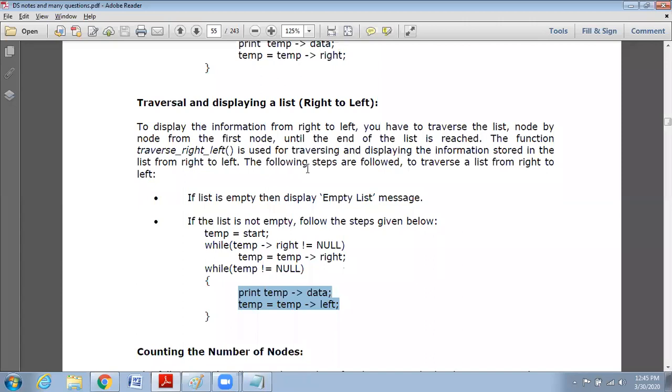When inserting at the beginning, you do 2 changes. Whereas for insertion at the end, you also do 2 changes. But if you want to insert in the middle portion, you have to change 4 addresses. In deletion also, it is the same way; just go through the deletion. If you understood the insertion, then you can easily do the deletion.